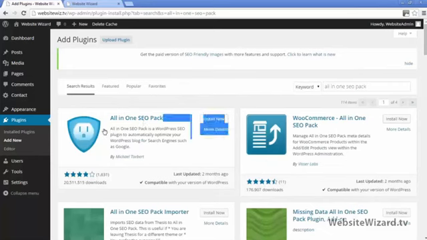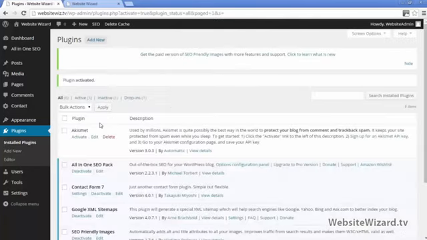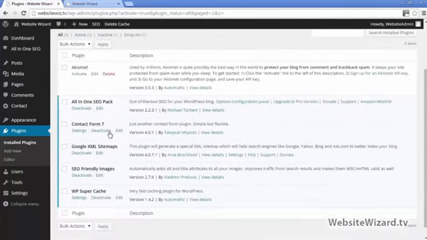So here's the plugin right here. Go ahead and click on install and then click activate. With this plugin, we need to do a few more steps here. This plugin is now installed, but we want to use it to optimize the pages or posts on our